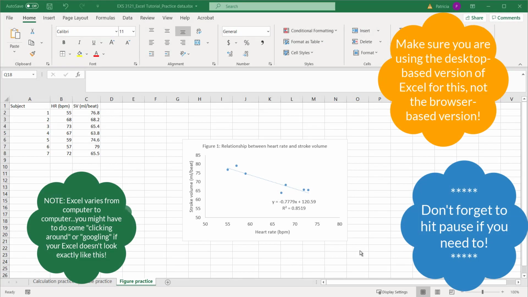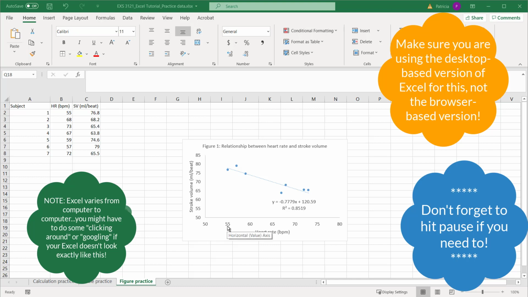In my previous video, I mentioned that you could change how frequently the numbers appear on your x-axis and your y-axis. So in this particular figure, by default, our x-axis values were counting by 5s and our y-axis values were also counting by 5s. Just in case your figure didn't do the same thing, or you want your axis values to count by something other than what appears, I wanted to show you how to change your